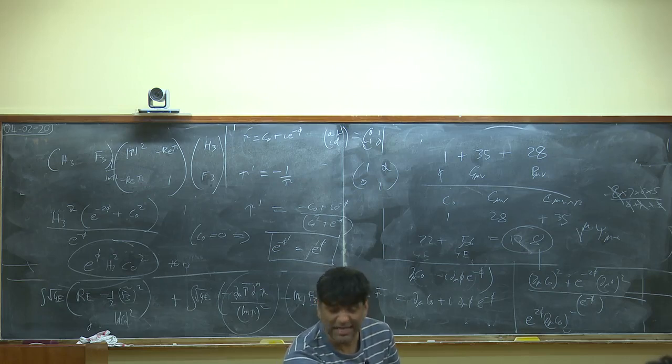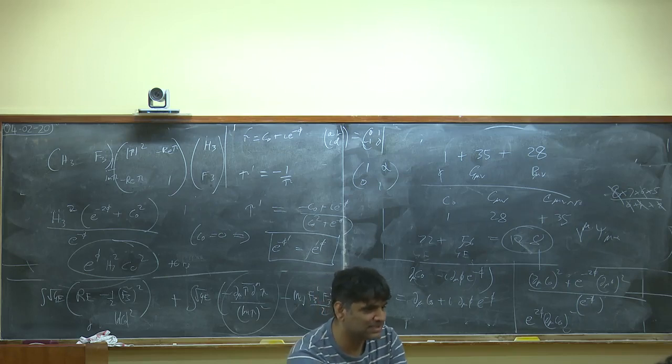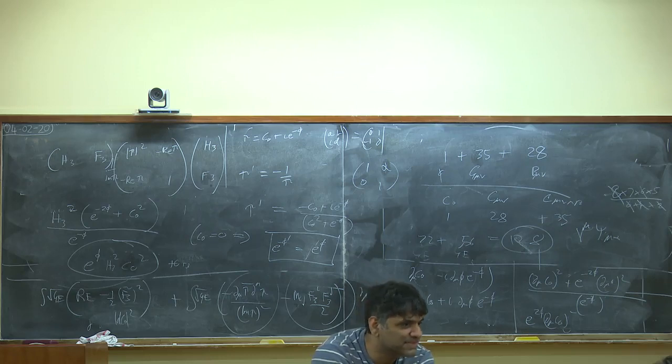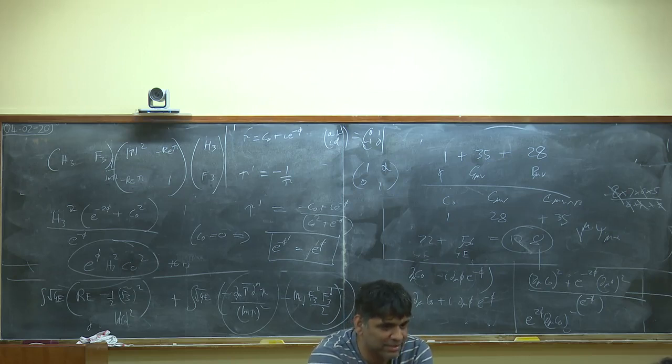Which means the theory you're dealing with is sick. Because if you try to couple a non-conserved current to a gauge field, you break gauge invariance. Simply because A mu and A mu plus d mu phi give you different physics. They give you the same physics because d mu phi couples to J mu and conservation makes it so. Okay? So now,